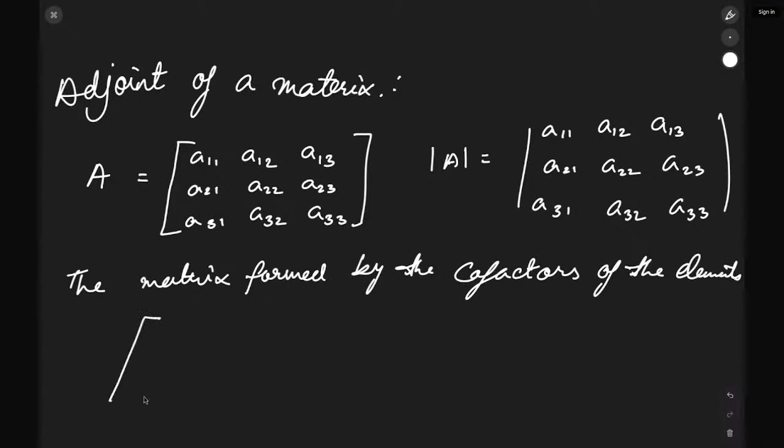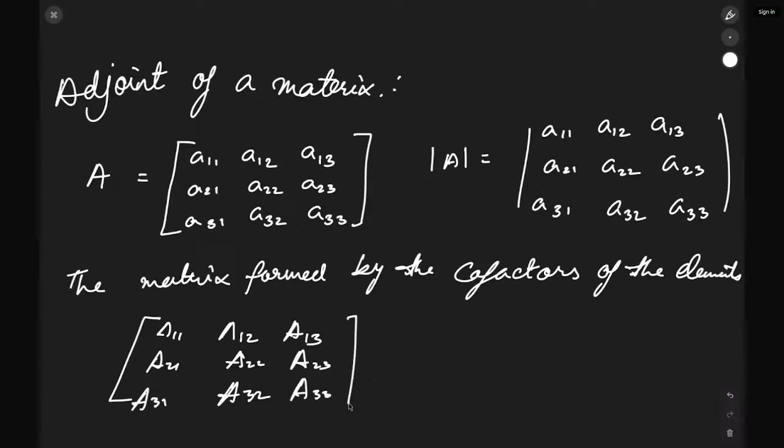It will be nothing but A11, A12, A13, A21, A22, A23, A31, A32, and A33. Alright. Now, in order to write these A11, A12, I can write the cofactor as such: minus 1 raised to the power of 1 plus 1,